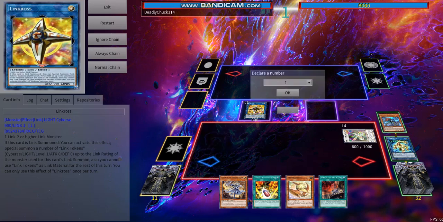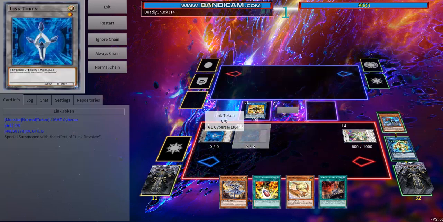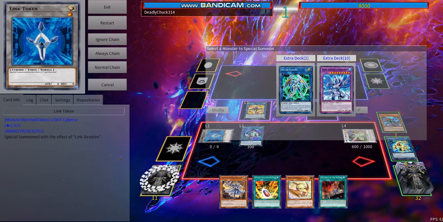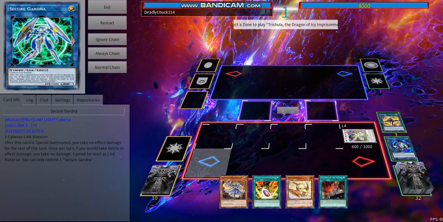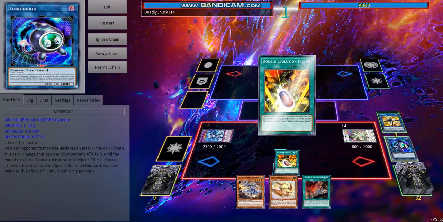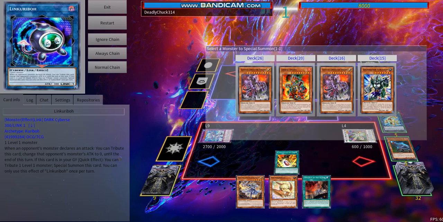If I can get 2 tokens, and 2 tokens. And you'll use the effect of Linkuriboh in your graveyard in order to tribute the one under it to summon itself, and then you'll link the Linkuriboh into a Secure Gardener. Now you go into the Trishula fusion using these 3 Cyberse monsters, and then you activate double evolution pill. This is why you do need the Linkuriboh in the graveyard. We're just going to banish Reaperdocus and this Linkuriboh in your graveyard in order to summon out the